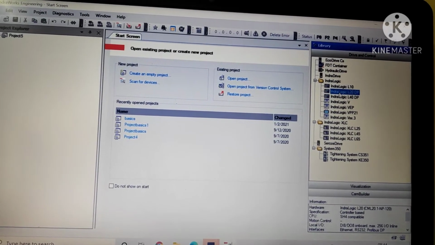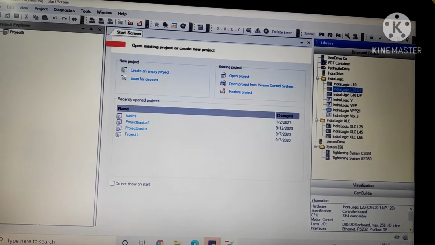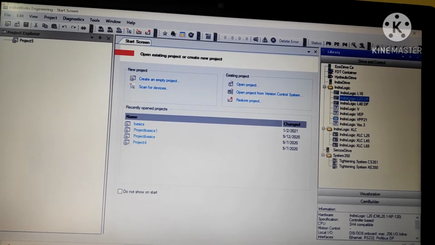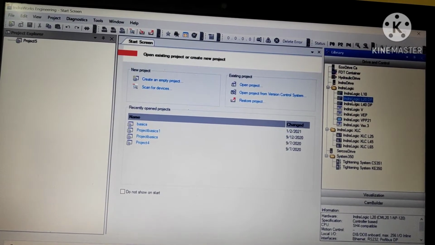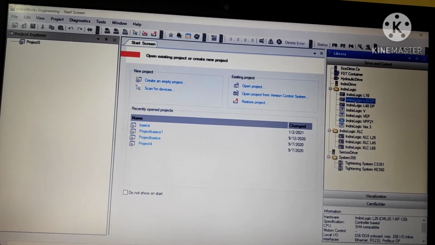What is the difference between L20 and L40? Maybe L20 has 16 digital inputs and digital outputs, and maybe L40 has more inputs and outputs. So some difference we have to show and give a tag.